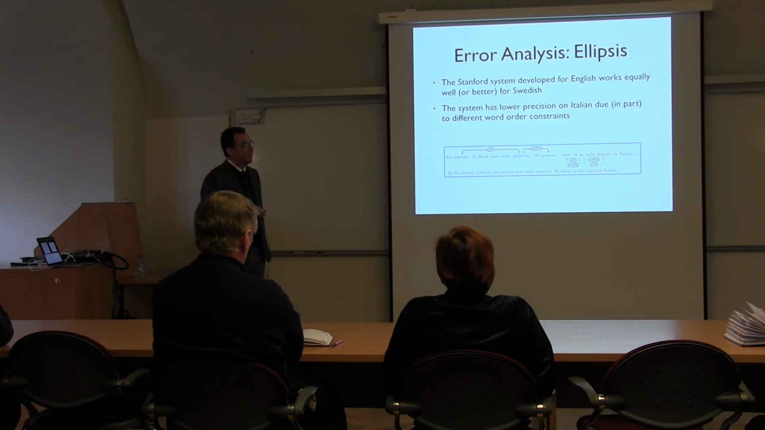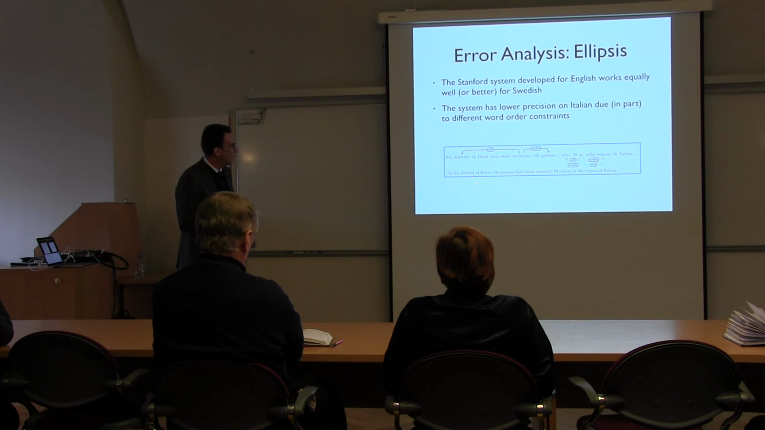But on Italian, it gets lower precision. It's interesting to see that, at least partly, it has to do with different word order constraints. So you may remember I mentioned that this new method for ellipses used word embeddings and similarity matching, but also assumed that things would be in the same order in the two clauses. It turns out that in Italian, and maybe also in English, but Italian is more